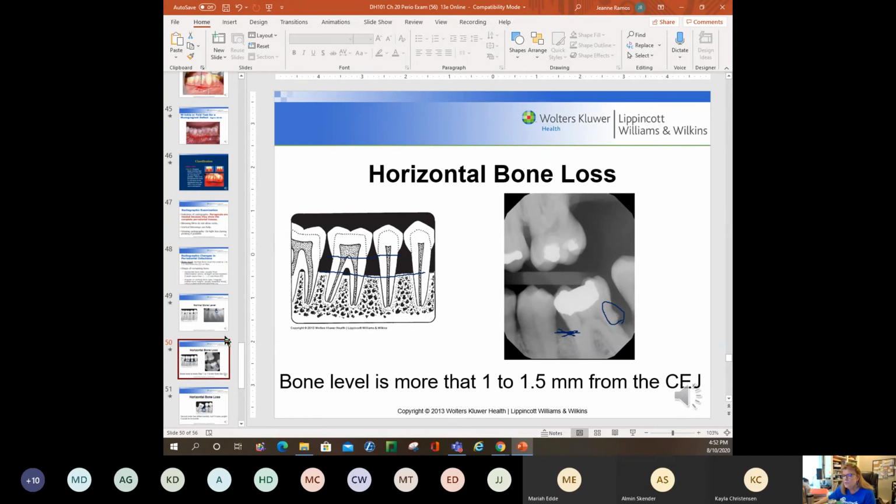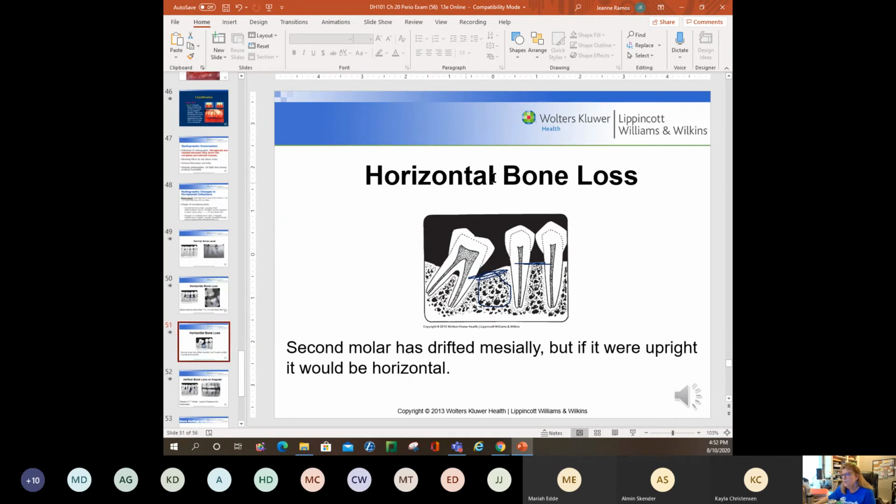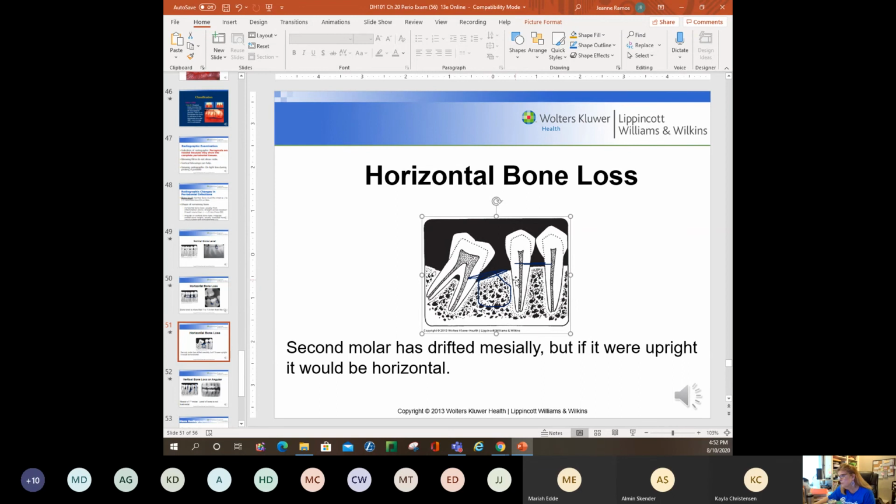So I look at the radiographs. This is horizontal bone loss also. Usually anything that's diagonal, they call vertical bone loss. But in this particular case, it's just this one instance. This molar was removed or never there, the first molar. So this molar is looking for contact and begins to drift to the mesial. It won't drift all the way down and lay flat. It'll just drift enough that years later, when you decide on an implant to go in there,